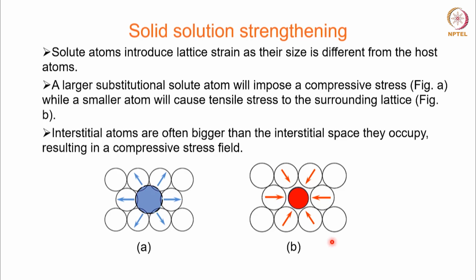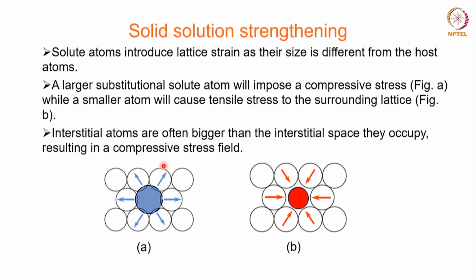Okay, so that is how the substitutional solute atoms will create some kind of strain field in the host lattice. A larger atom will create a compressive stress, and a smaller atom will create a tensile stress field in the surrounding host lattice. Okay,